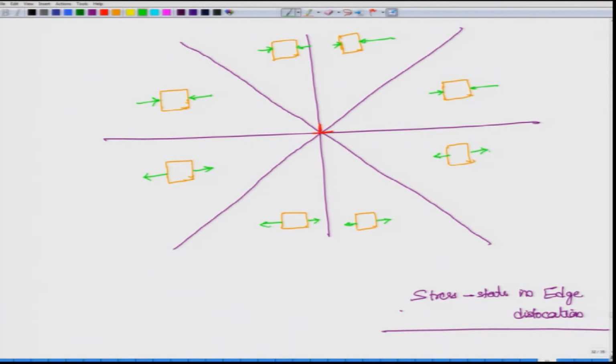What about the yy? We know that these two will be compressive, and if you remember we had one big lobe and 2 small lobes. So, over here we had compressive and over here also we had compressive. So, it will come out in the y direction like this. And here this is tensile, and these are the smaller part of the lobes where it is again tensile. So, this will be like this.